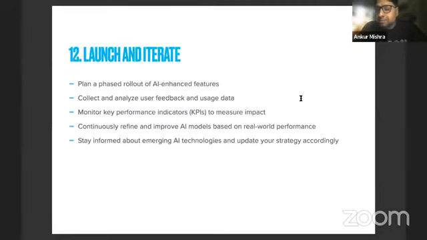And then launch and iterate. These steps are not different from what you would do for a non-AI product as well. The things that are different is how do you identify the opportunity? How is it that you go forward? Build your data pipelines, build your data infrastructure. Organizationally, how is it that you change, build that change management plan? And then the rest of it is very similar to how you would do it for a regular product. Remember again, a single person cannot drive AI within an organization, because there is data involved in